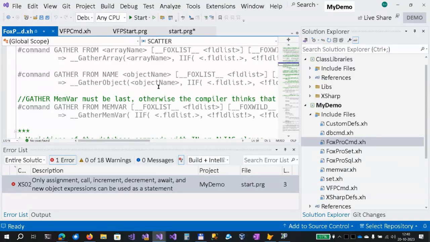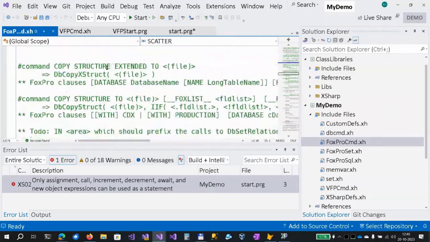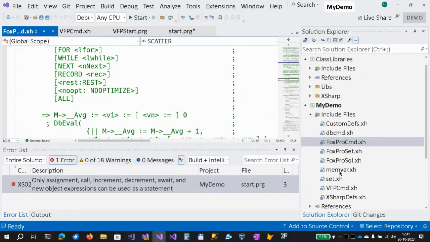Some of these functions start with a double underscore, which sort of means don't trust them, don't touch them. We may change the implementation. Of course, you can still call them, but in the next version, we may add a parameter to these functions or stuff like that. But you can see, for example, getter from array name gets compiled into double underscore getter array. And use, for example, is defined here.